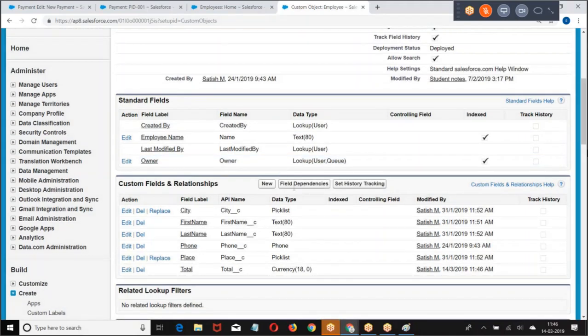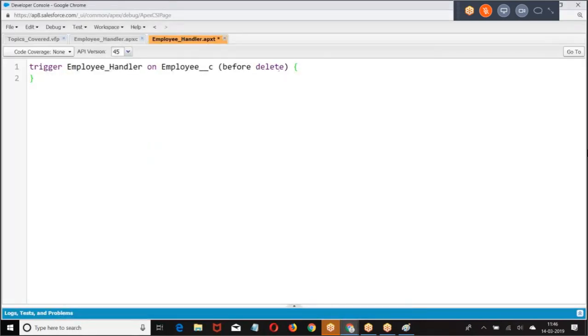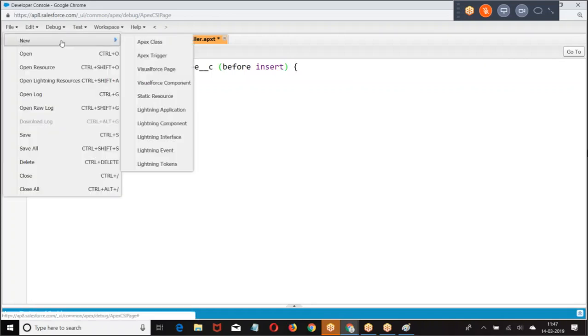Now let us come back. I have a requirement like before insert, after insert, after update. I was supposed to create a trigger.